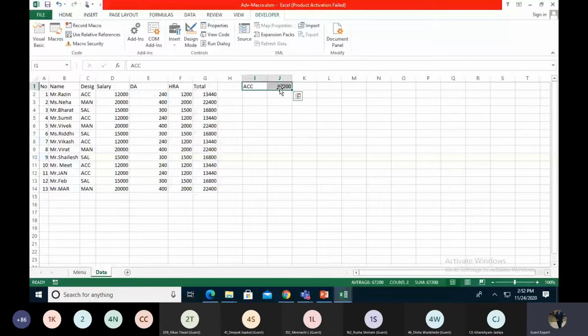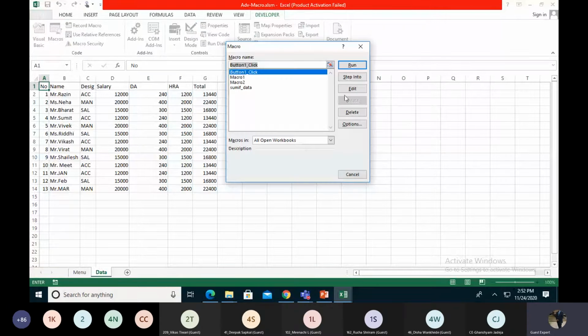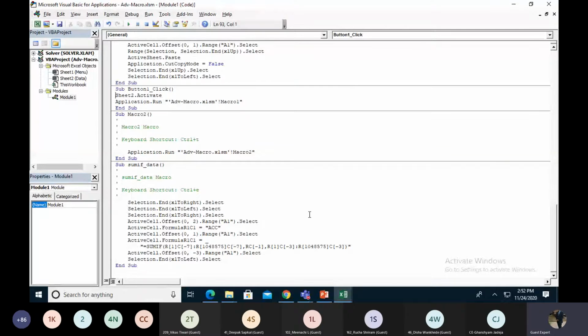Okay, so I run this macro. This key is Control E. So it shows me the macro, Control E. I'm going to the macro sites in editing. So this is the SUMIF function data, SUMIF data macro.